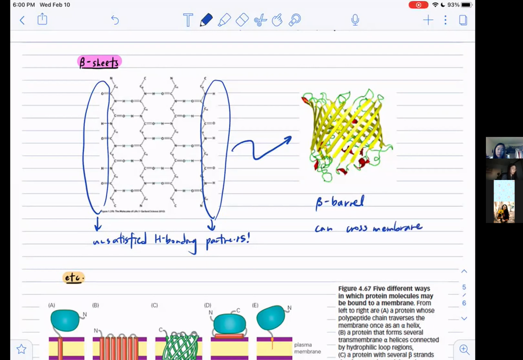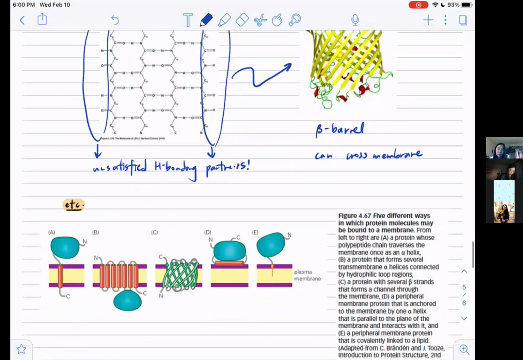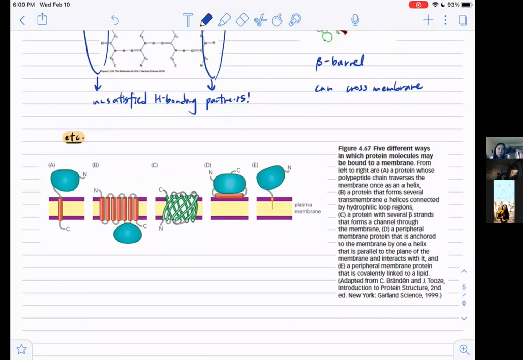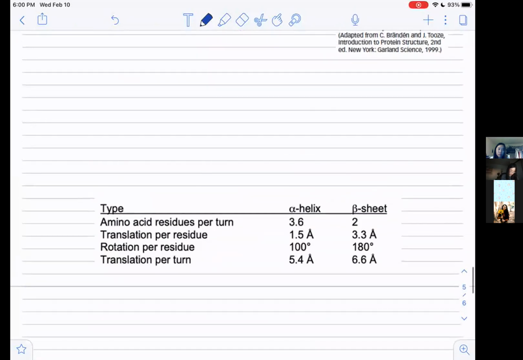Okay. And so finally, this is just a figure from your textbook showing you different types of transmembrane proteins and maybe attached globular regions. So you can read the figure description and take a look to see these different varieties. Oh, and finally, I just included the dimensions for your reference if you use these notes in the future and you need those numbers. Okay, so if you have any questions, please ask me in the chat